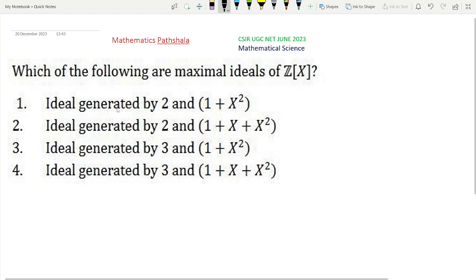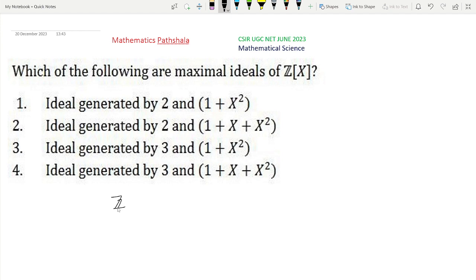Now we have to check which one of these four ideals are the maximal ideals in Z[x]. So see option 1, the ideal is generated by 2 and 1 plus x square. So this is not a principal ideal. So this is not an easy work to see easily that it is a maximal ideal or not. So for this, let us first prove a theorem, that is, see here,